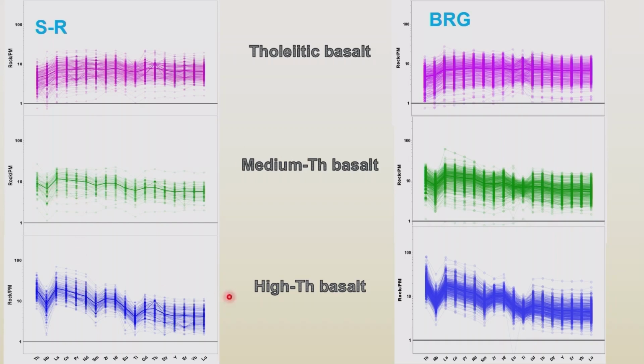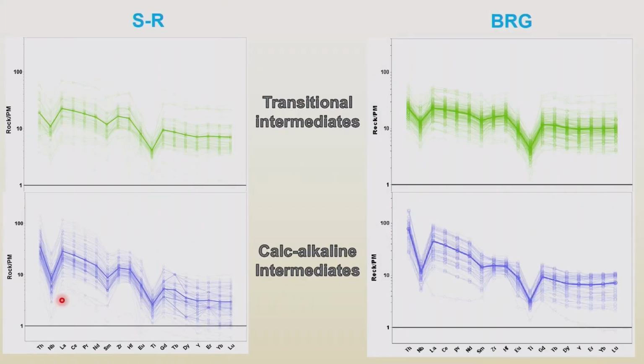Then when we go to the high thorium basalts, these tend to have bigger niobium anomalies and higher concentrations in thorium and lighter rare earths. So we have a steeper profile for this geochemical group. Then for the intermediate compositions, we have something similar. For the transitional,